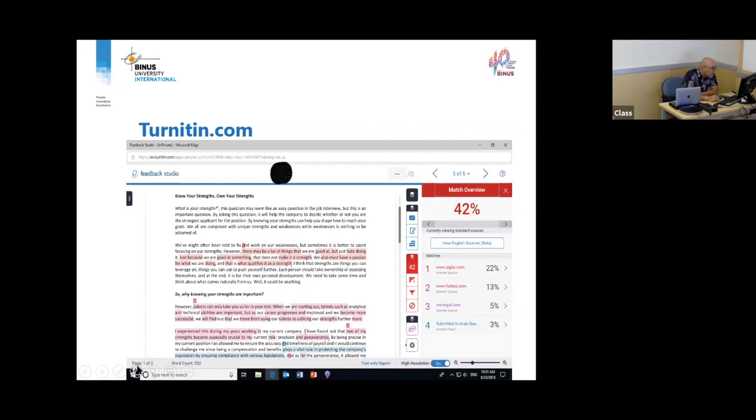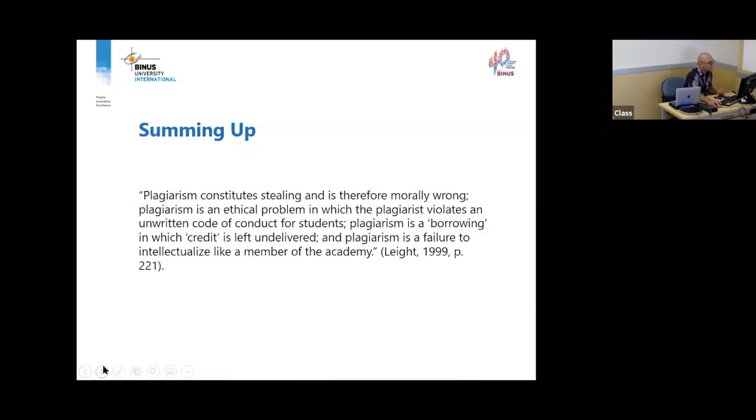So the lecturer is given highlights, all right? So your text becomes highlighted, and that is where the lecturer focuses his attention, okay? All right, so he will do a further screening with that, but 42% is quite high, yeah, so maybe he'll ask you to revise and so on, depending on your agreement in class, yeah? So I said, we use this for you to write better, all right?